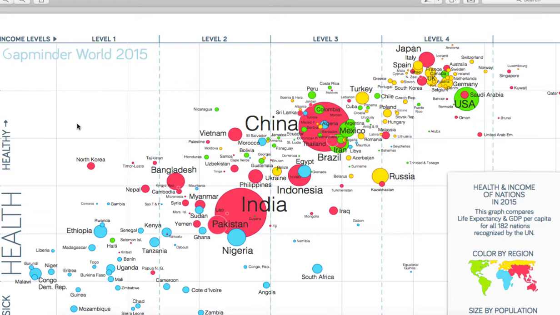This has all the countries in the world divided by income level, as in income level 1, 2, 3, and 4. And what you're going to do is you're going to pick 3 countries from 3 different levels. It could be 1, 2, 4, 2, 3, 4, 1, 2, 4, 1, 2, 3. I don't care. But pick 1 country from each level. That's your first task.